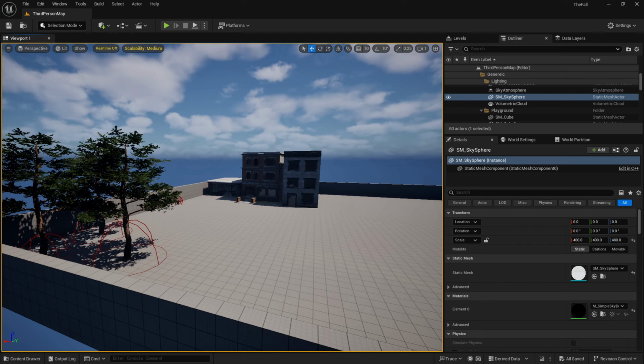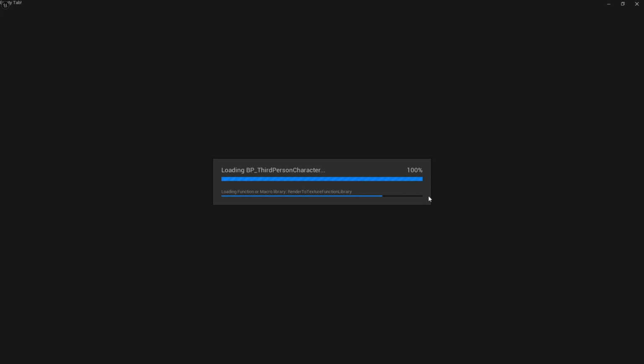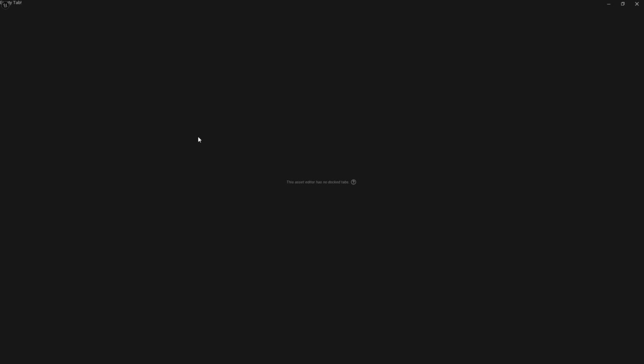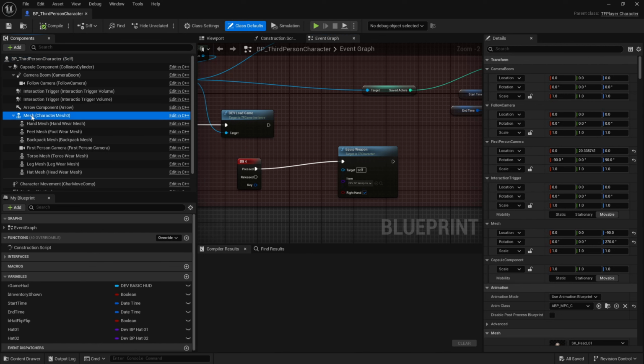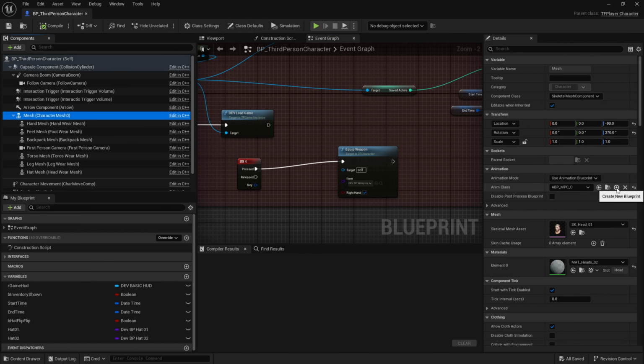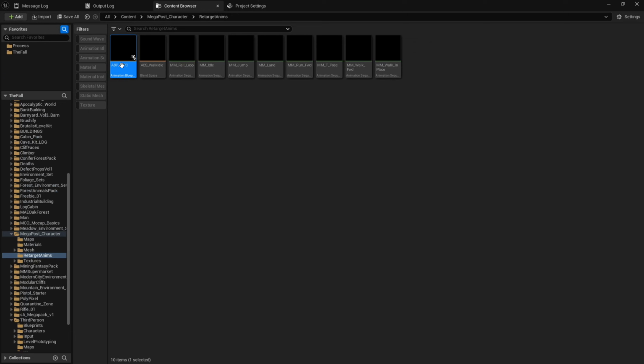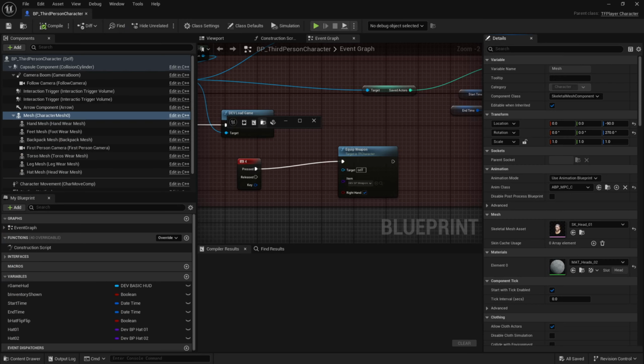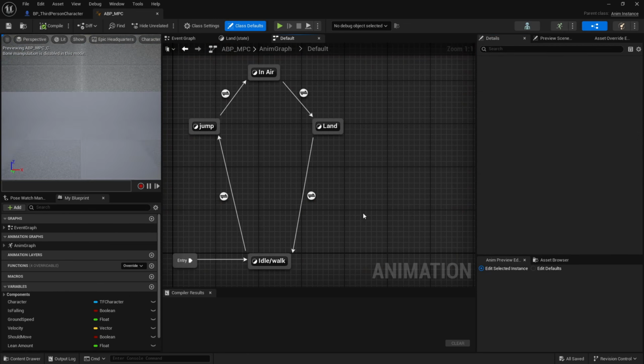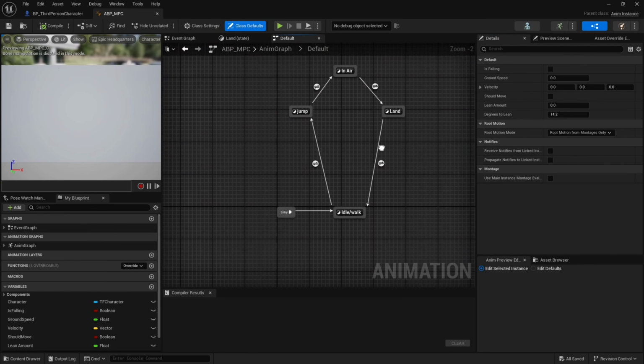So what I'm doing here is I'm just trying to open up the third person character, because, and I'll be honest, I completely forgot where we put our animation blueprint. We're using the retargeted, just for reference, animation blueprint for the mega post-apocalyptic character. Now, one thing I'm going to do, and I'm going to do this off camera because it is just going to be copying things over, is recreate this animation blueprint. So,